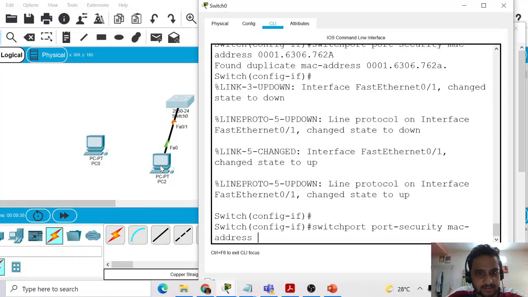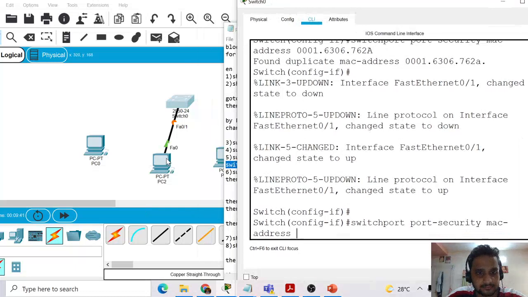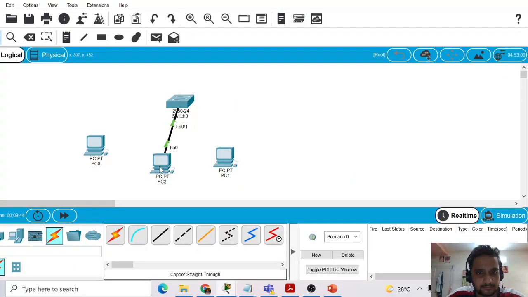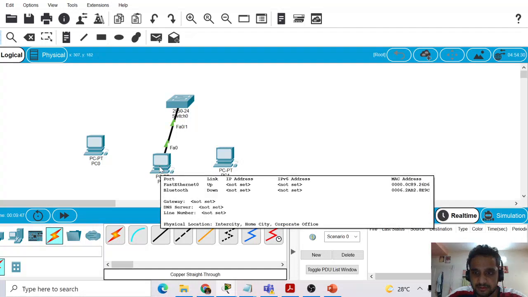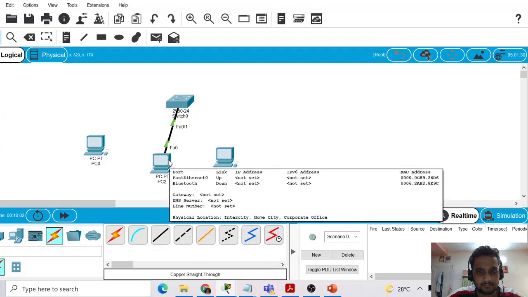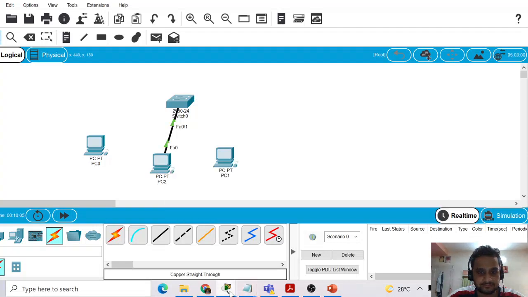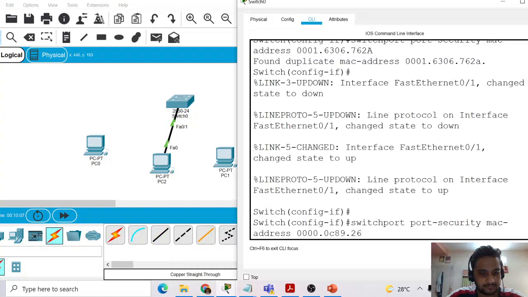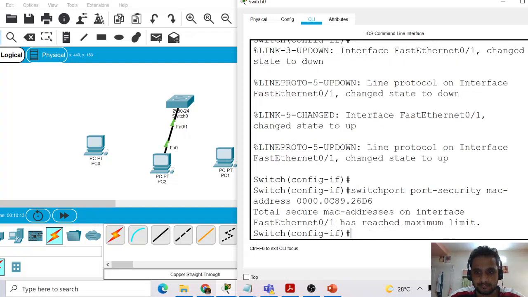It has got a new MAC address, hopefully, 000C.89D6. Since I have already put one manually, it has reached the maximum limit.